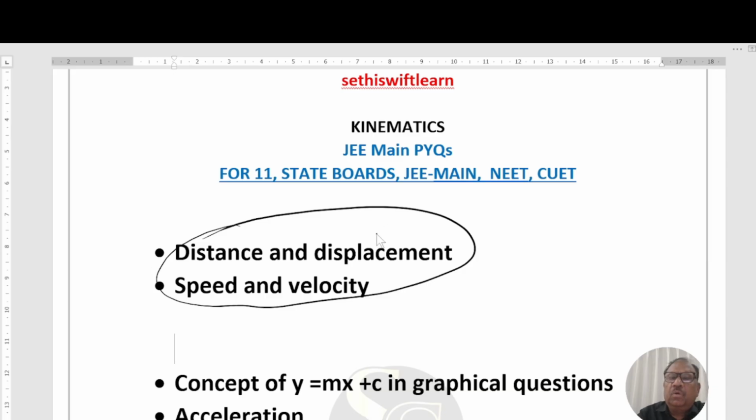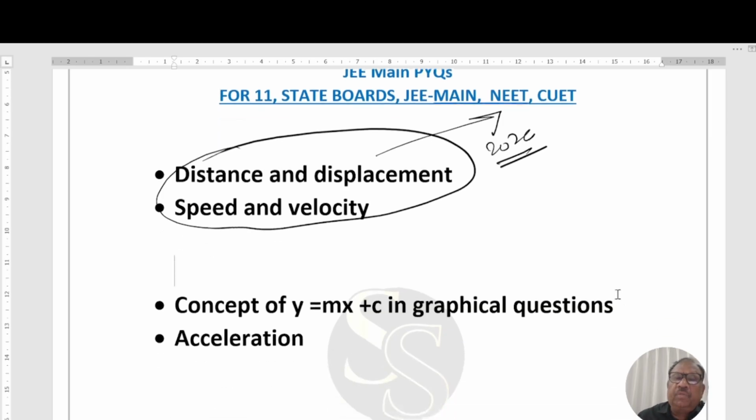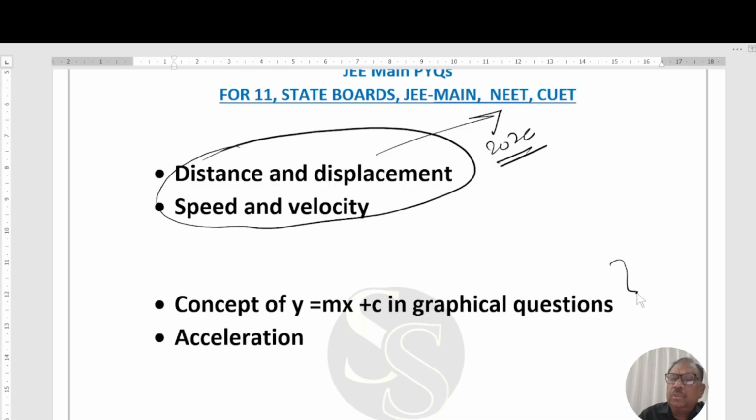Efforts were made to clear the concept through illustration taken from JEE Main PYQs 2026. If any doubt, please comment. In this session, further we are going to discuss all these through illustrations. It is requested to go through the session